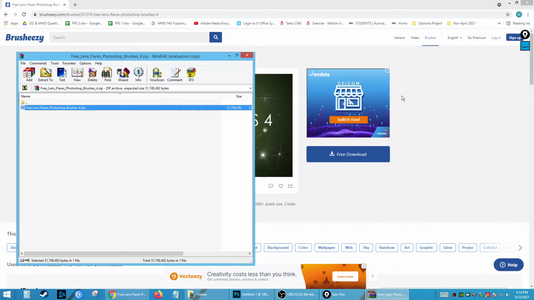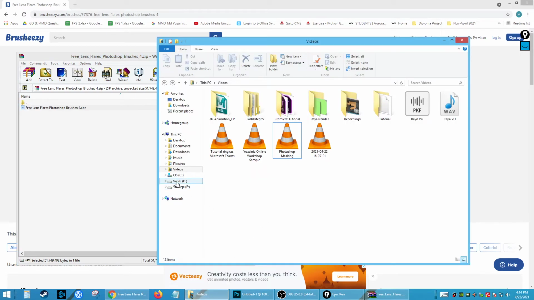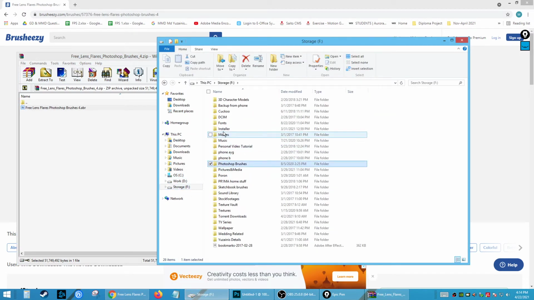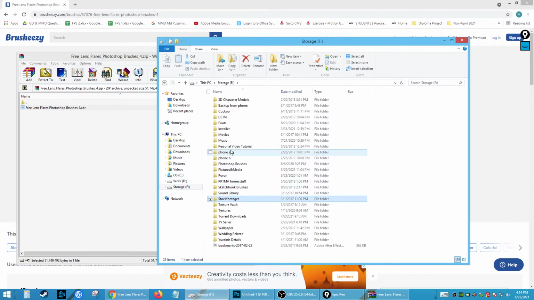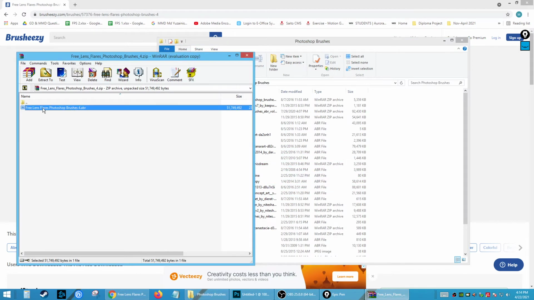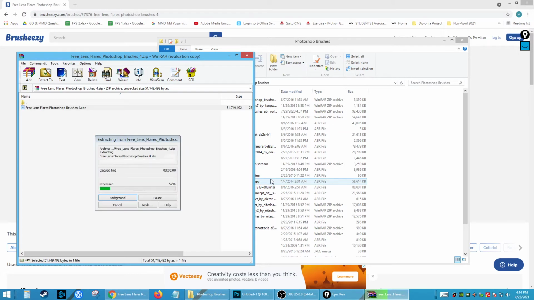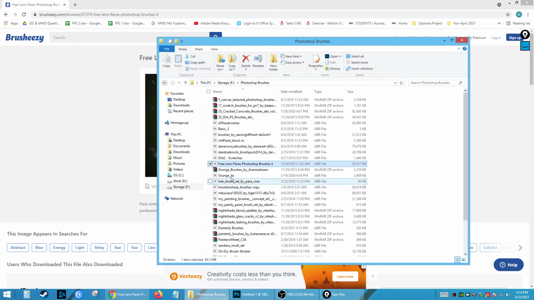Now I want to drag this somewhere. I do have a library created already. So under storage, under work, under storage, Photoshop brushes, I'm going to include this inside. The name is free lens flare Photoshop. Just drag and drop that. Okay, I'm going to close this. Now if you double click,